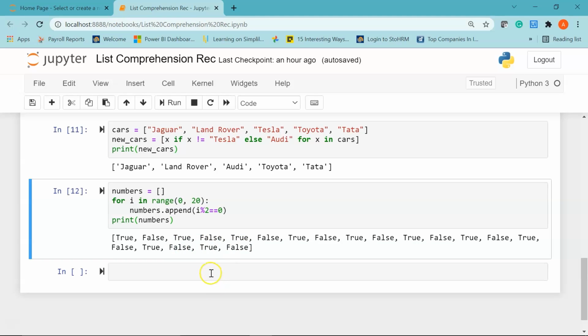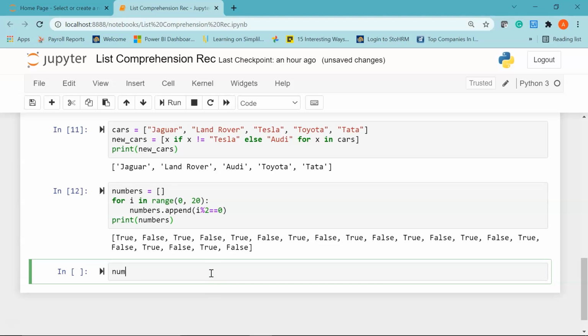Now moving ahead, we'll see another example. Let me create a variable called numbers. I'll say i % 2 == 0 for i in range 0, 21.